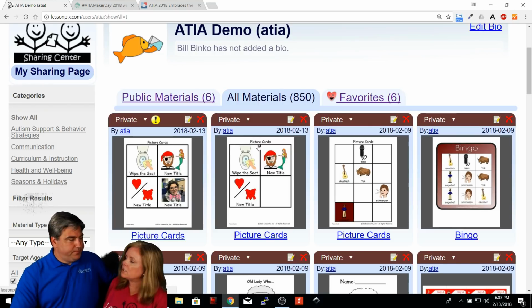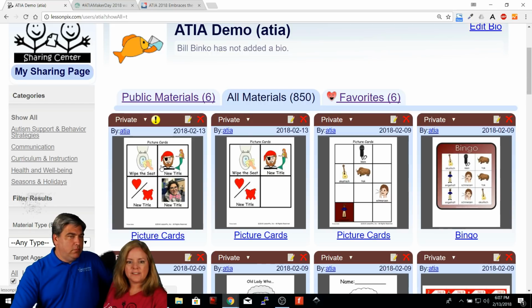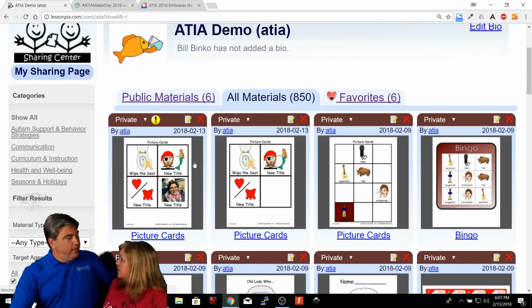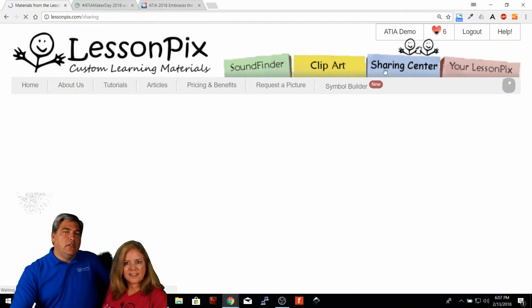So when I see them in the sharing center, will I see those symbols? Yes, so let's take a look. You want to share this one? Well, let's go to your stuff. You shared some stuff already. I did. You can look up that hi-ho cherry. So let's see that. Let's go into the sharing center.